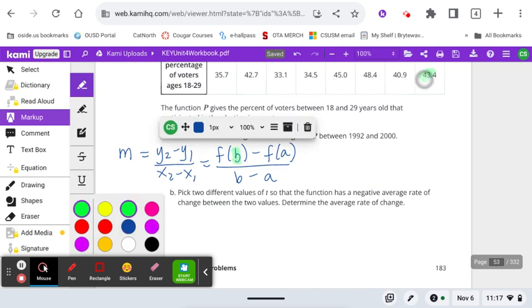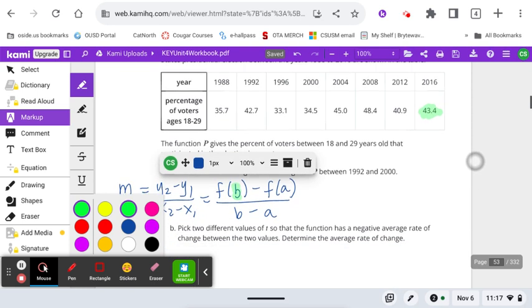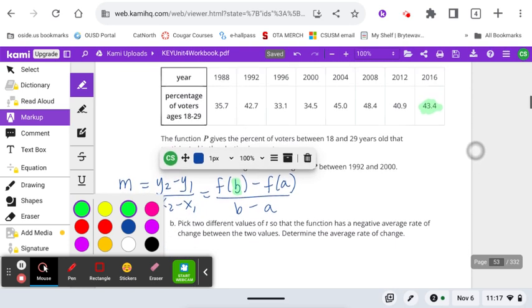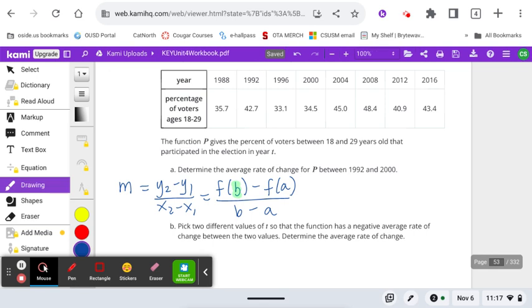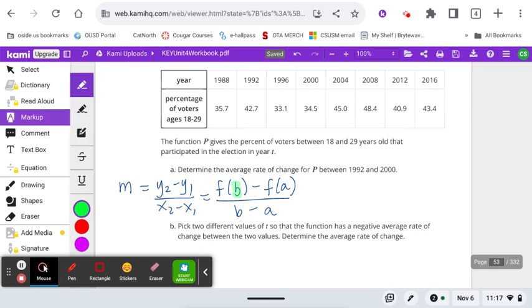B would be the end number of the end of our interval, so 1992 and 2000. Sorry, I highlighted the wrong one. So let's go do 1992 and 2000. So we're looking at